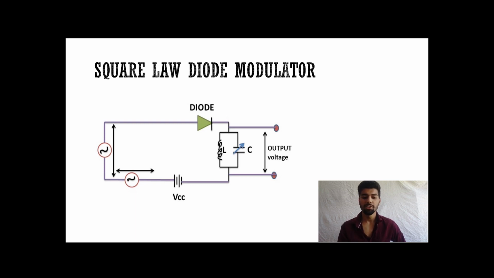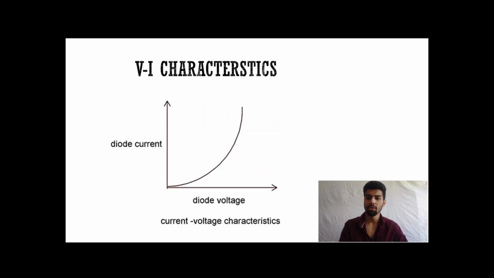So these two signals are in different frequencies. When they pass through the diode, at the output of the diode we get two different frequencies. When they pass through the LC circuit, as we all know, the LC circuit acts as a tuning circuit. The tuned circuit sets the carrier at a particular frequency and rejects the remaining frequencies. The output of this circuit is simply an AM modulated wave with full carrier.